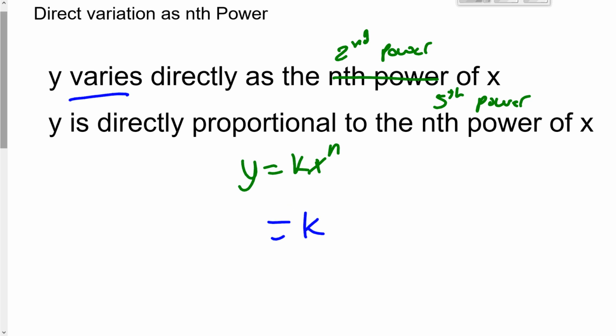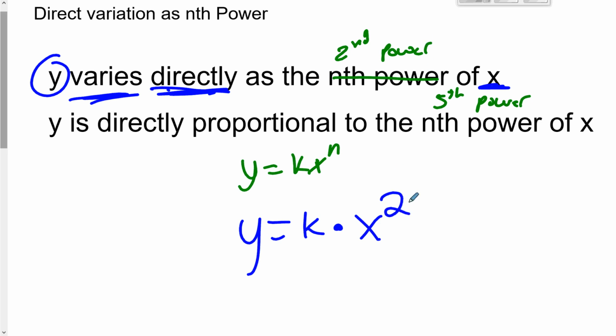Now, what comes before varies? That'd be y, so y goes before the equals. What comes after varies? That's our operation, directly, so that's multiplying. And what letter follows that? The letter that follows is x, but it's the second power of x, so x needs to be squared. Okay, the bottom one you can try to do by yourself, but it's